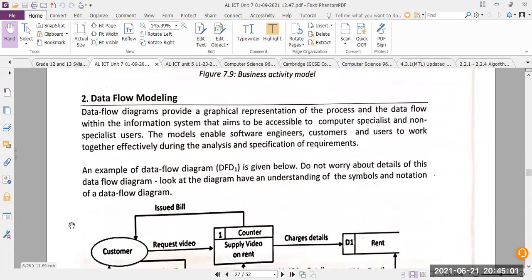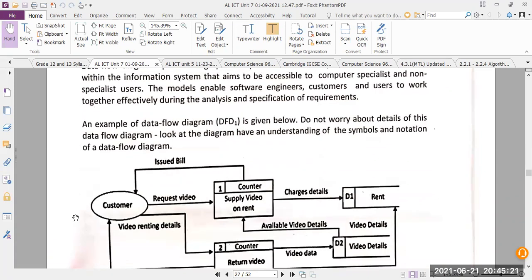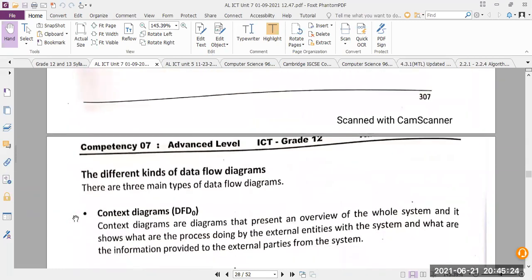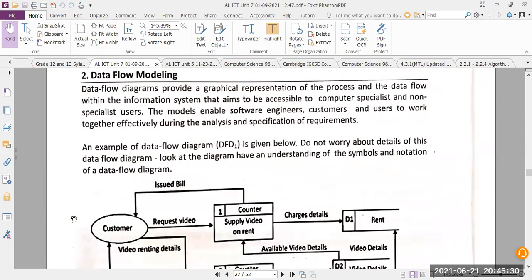So the next one is called data flow modeling. This is very important. This is a question that you will definitely be getting for your part two. So now onwards we have to go into detail about what these data flow diagrams or DFDs are, because in your examination there will be a definite question, usually the third question or the fourth question in your essay part, will be a data flow question.